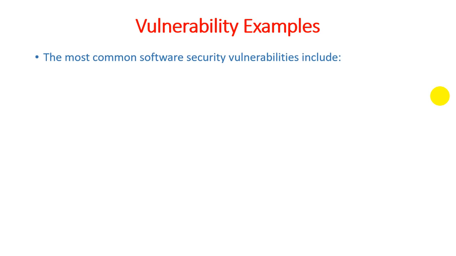Meaning, what are the common mistakes we make in our computer system, as well as when we are implementing any software, through which a hacker can access our data. So we will discuss them one by one. The most common software security vulnerabilities include missing data encryption. If we store our data with the help of an encryption method, then if some hacker accesses our system, they can't directly read our data. But if we store our information without any kind of encryption algorithm, that is one of the mistakes.